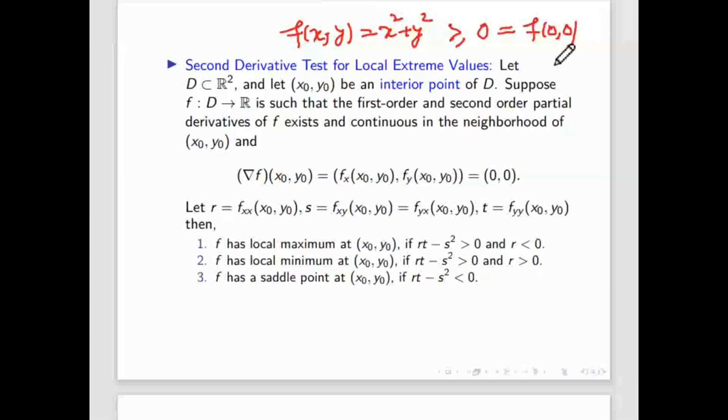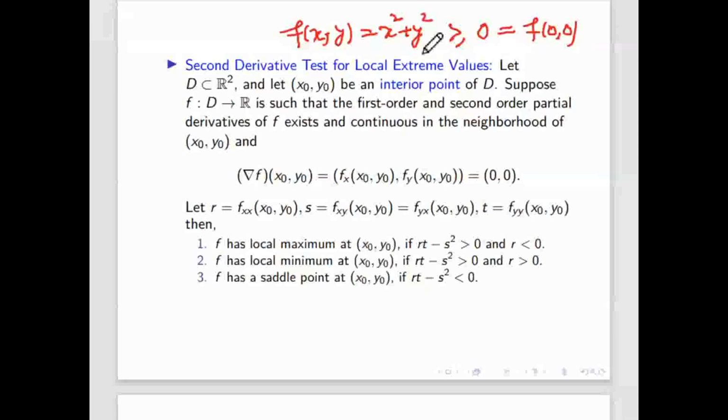Yes, it is minima because in the neighborhood of whatever point you choose, even not only in the neighborhood, for all x, y it is greater than f of (0, 0). So it is actually a global minima in this case. But you can definitely say it is local minima even without the test. I did not compute fx, fy, or even rt minus s square. So you have to use a technique like this to show it is maxima or minima.